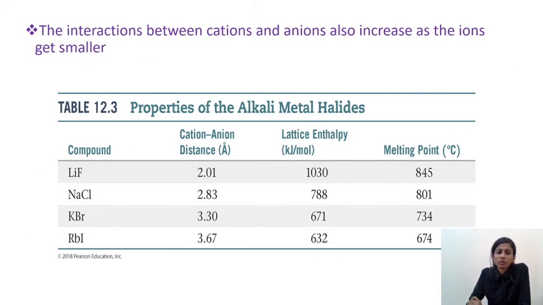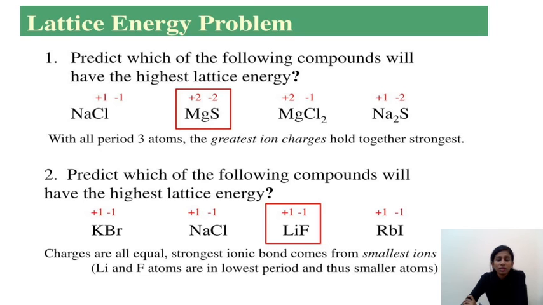In this table, you can look at the relation of the strength of the bond with the lattice energy and how it is related to the melting point. The stronger the bond, the higher the melting point. As we have already discussed the factors affecting the lattice energy, you can see the questions here and refer to the answers. The answers are selected based on the charge and based on the size. Even the reasons are given here. You can just go through these slides.